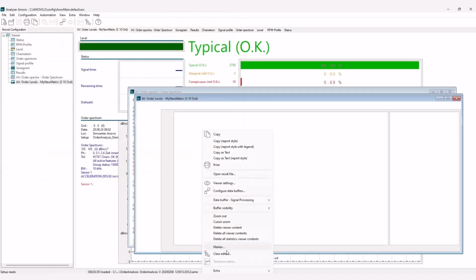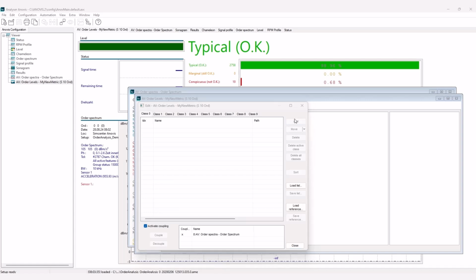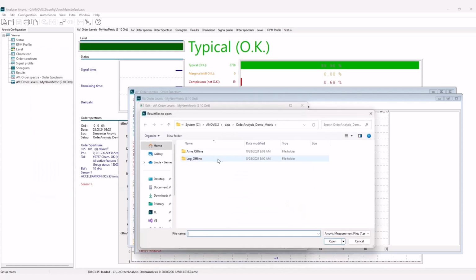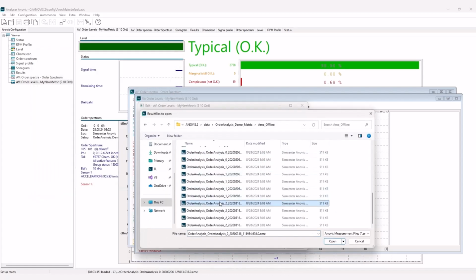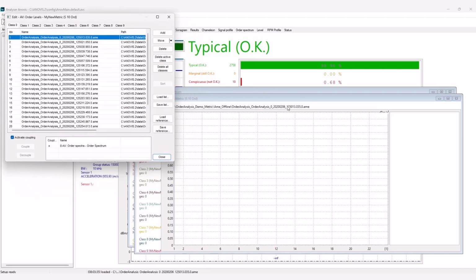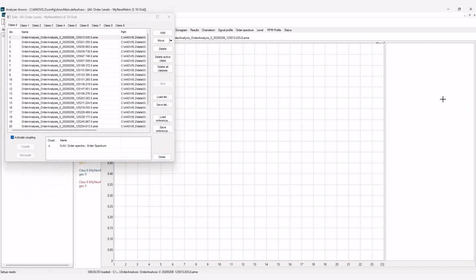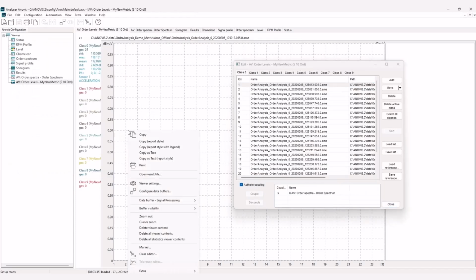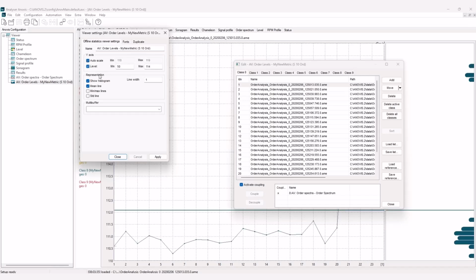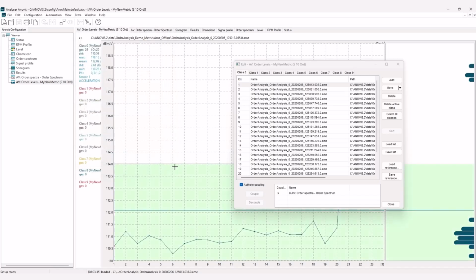Similar to before, we're going to add our curves in the class editor. If you have the curve saved in a file list, you can also add the list together using the Load List button. Now, we may notice that we currently can't see any data in our plot. This is because our y-axis hasn't automatically been scaled. We can right-click and go to the viewer settings, then check on the auto scale and the level so that we can see our in-between dividing line.